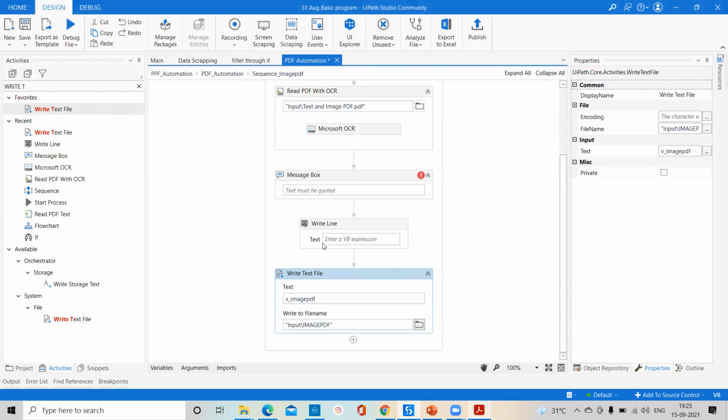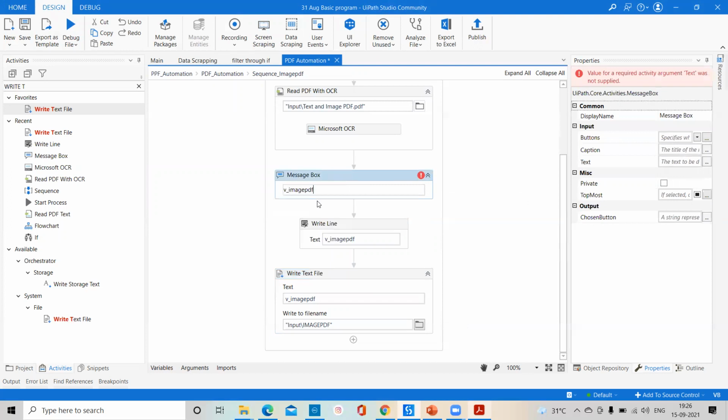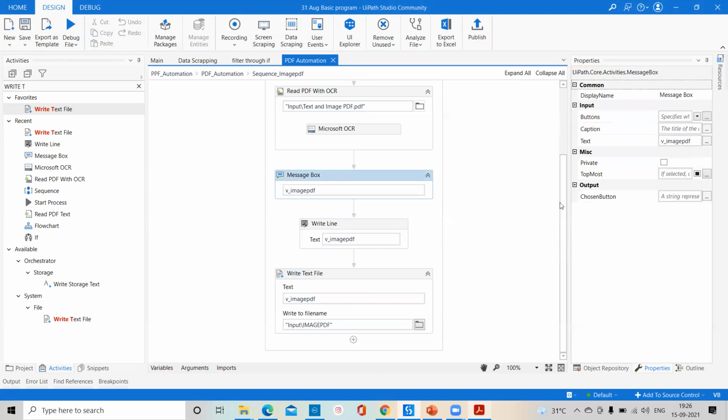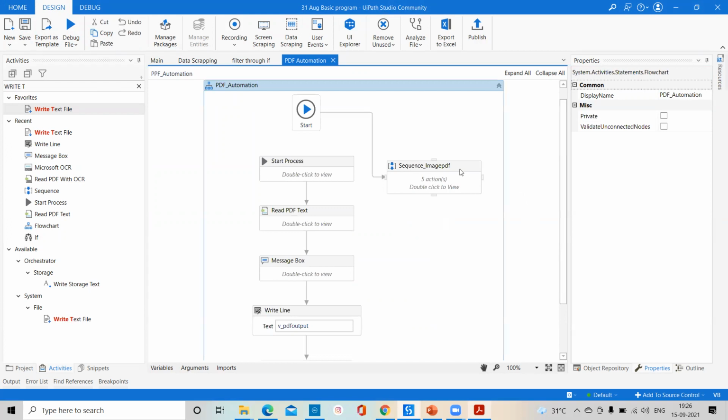In Write Line also we'll pass this v image PDF, and in the message box also we'll pass the v image PDF. Here, whatever the image data is, we are trying to extract it from your image part. This sequence can take more time compared to your text data.